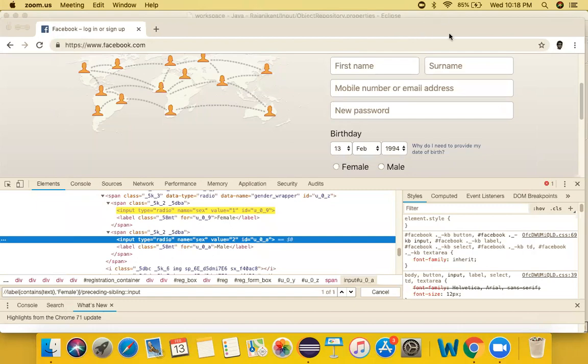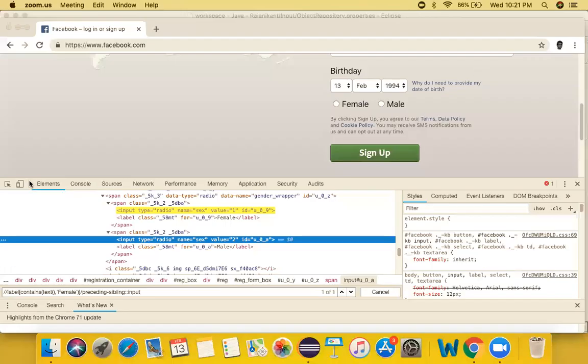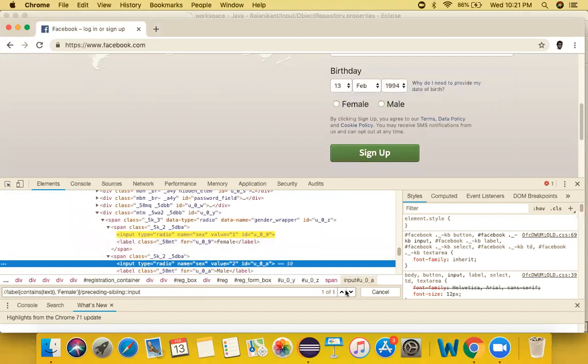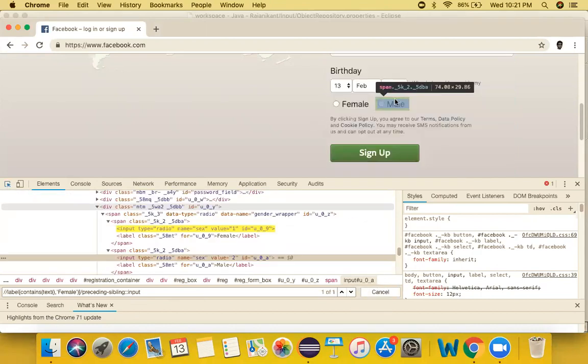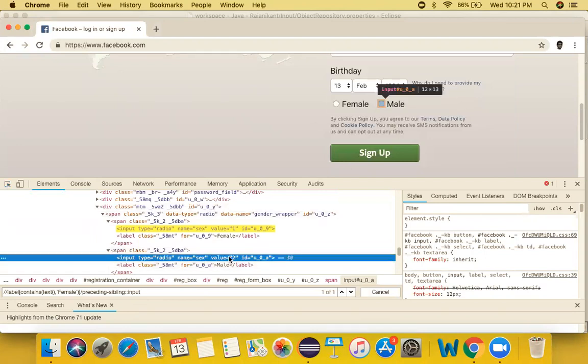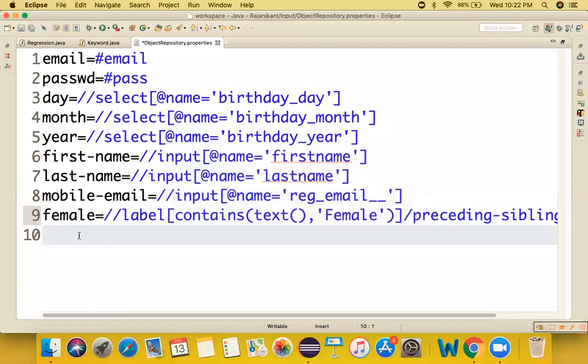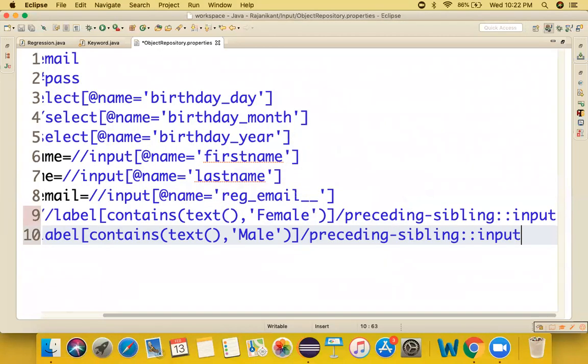Okay, so let me resolve this problem. For this mail we are writing the XPath or maybe any kind of locator. Here for this mail we have this element, a label that contains mail this time. Yep, we got the unique element. So let's copy this and go over here, and in front of mail is equals to, this should be